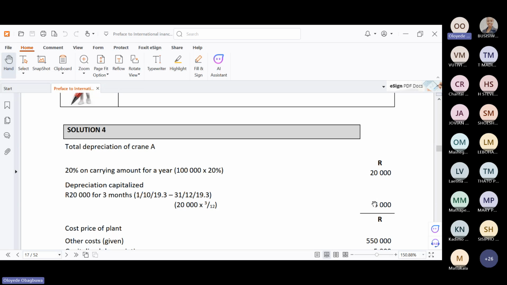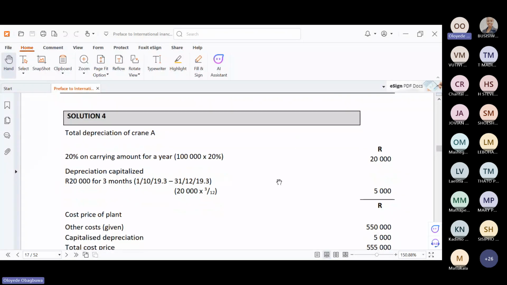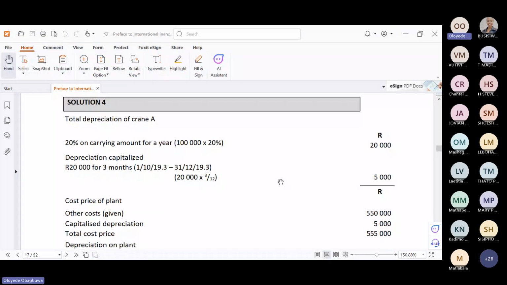So this 5,000, which should have been a depreciation if it was not withdrawn, you take it and add it to the cost of the new plant, which is 550. That is the cost given in the question. Now the capitalized depreciation is 5,000. The total cost is